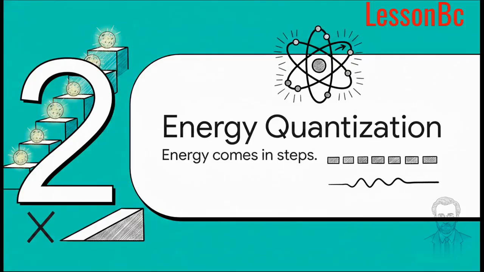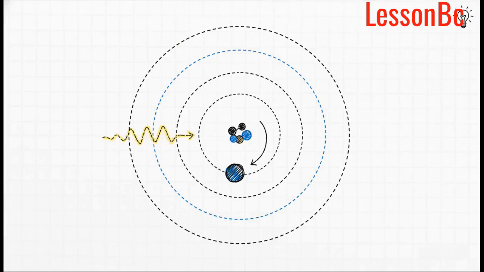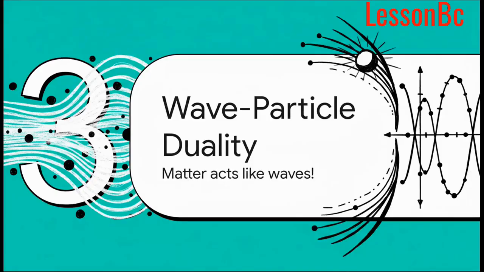Energy comes in steps, not slopes. This brings us to a really radical idea, first proposed by Max Planck. Energy is actually not continuous. Instead, it's transferred in specific discrete packets known as quanta. Because it's quantized in these discrete steps, the electrons and atoms can only have specific energy levels. They can't just possess any random amount of energy. They have to step up or step down in exact multiples of these energy packets. And again, it all comes back to that elegant equation, E equals hf, which shows us exactly how to calculate that energy. Which leads us perfectly into section 3, wave-particle duality.